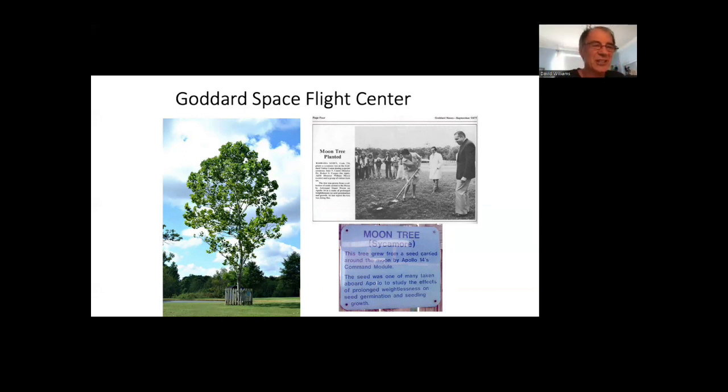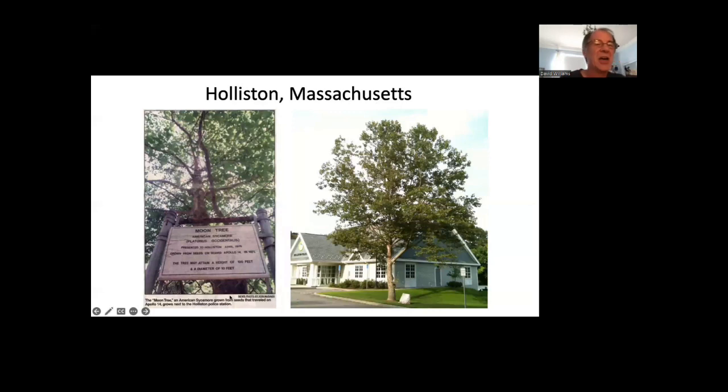It's off to the side of the visitor center. It's not near a sidewalk. It's not near anything that you'd walk by. So most people didn't know about it. I didn't know about it. I tell people that's why I'm a planetary scientist and not running a detective agency. But sure enough, there was a moon tree there, and now I've moved offices to a spot where I can almost see it from my office window. That's how close I am to it. Anyway, that was rather funny, and a little bit humbling, I guess.